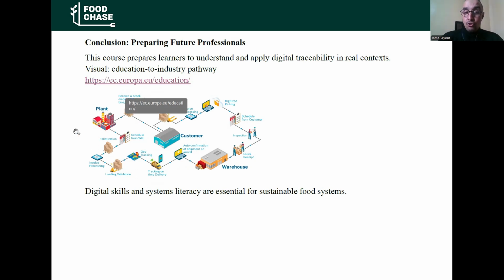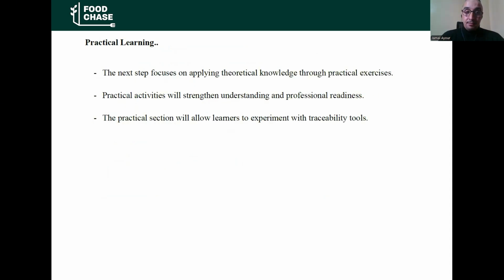For example, this picture shows the chain from plant stage to consumer step by step, and the importance of these traceability tools and new digital tools to control, monitor, and develop high-quality products. Digital skills and literacy are essential for sustainable food systems.